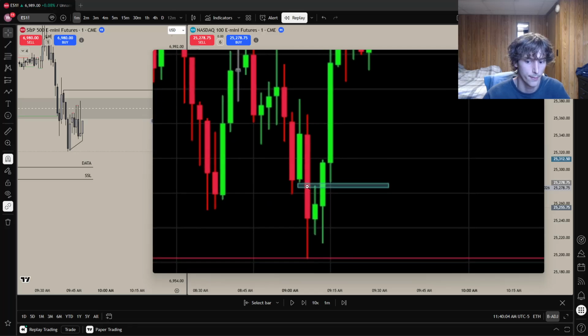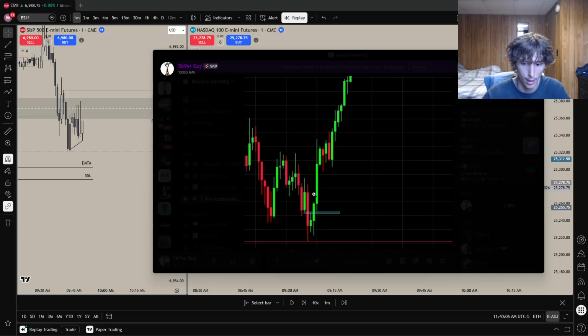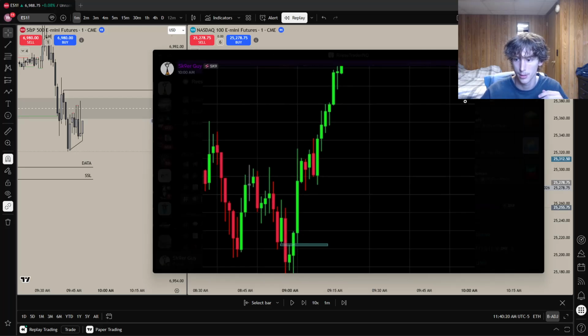As you can see, we have that little inverse right here, and then this lower resistance, right? You can see that this is a clear accumulation rather than just this 1 minute swing high right here. And this is our 5-minute gap up here. So accumulation leading up to a high time frame gap, right? Exactly what we wanted to see.